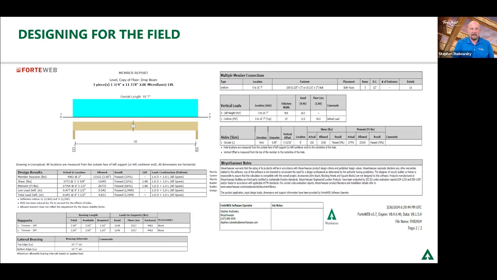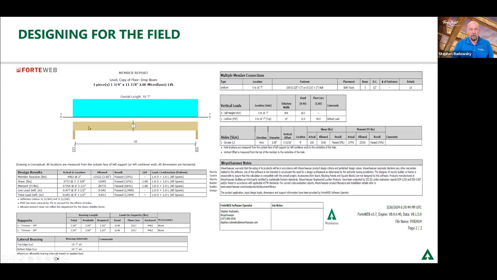And when we talk about that, I want to go back to that drop beam again, because we talked about holes in Microllams. We've talked about holes before on the horizontal in beams, and everybody thinks that they're very restricted to what can be done. And I'm going to say to any of the plumbers, electricians, any of the guys or girls that are in the MEP industry, stick to that guidebook. Do not drill a hole in a beam unless you've talked with a local professional, territory manager, or somebody at Weyerhaeuser. Because what I'm going to show here is most of our material as a beam application, we are going to be